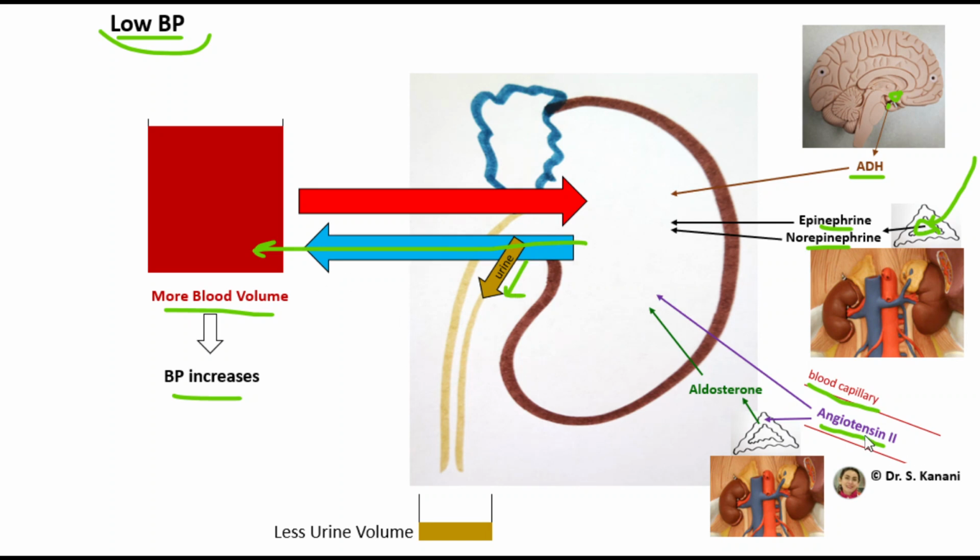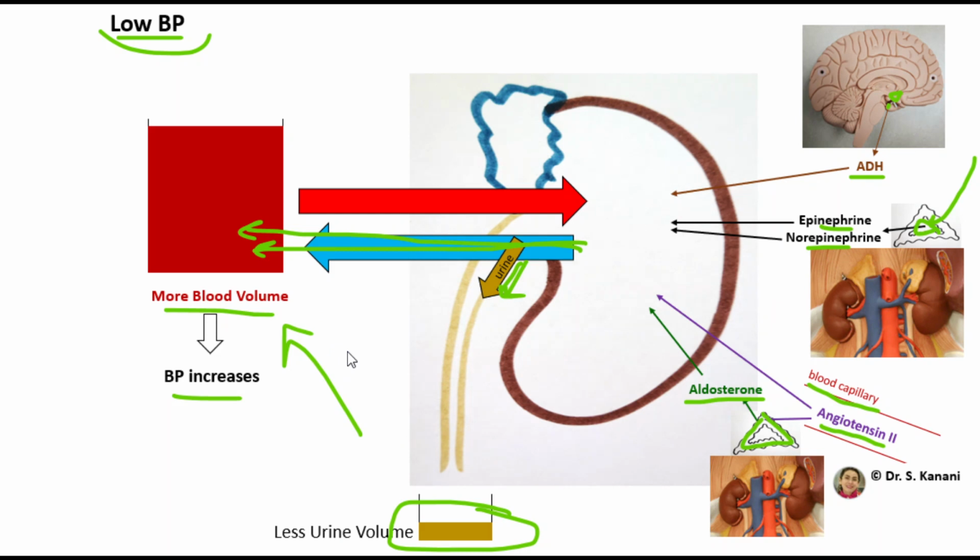Another impact of angiotensin 2 would be stimulating cells in adrenal cortex to secrete aldosterone, and aldosterone is another hormone that stimulate those nephrons to reduce the urine volume, to basically promote more reabsorption of water into bloodstream. So these are 5 major hormones that all result in reducing the urine volume to increase the blood volume and